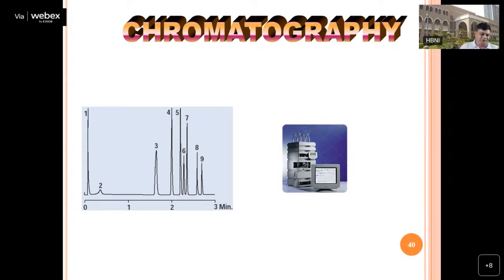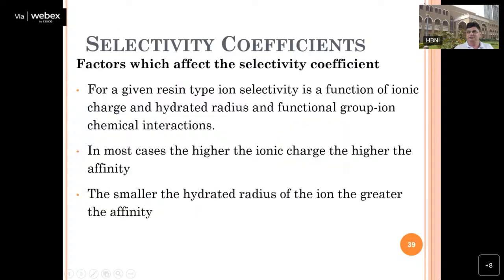Now, coming to chromatography, I have just given an introduction to both solvent extraction as well as ion exchange. Again, I request you, please,